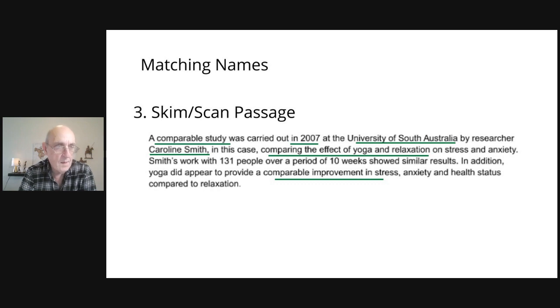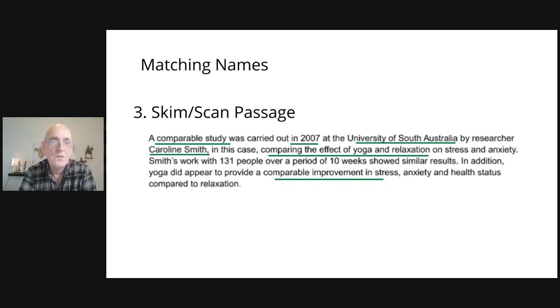They may be very important for future questions of the same passage. University of South Australia, well, this is a proper name, and I'm going to make sure I underline it. And even more importantly, especially for matching names, I'm going to underline Caroline Smith, because this is the key to